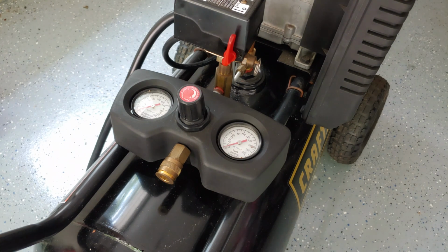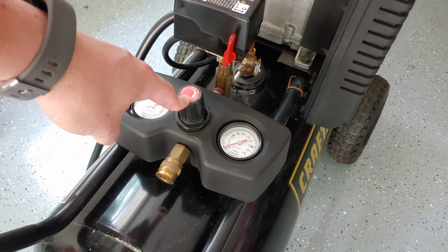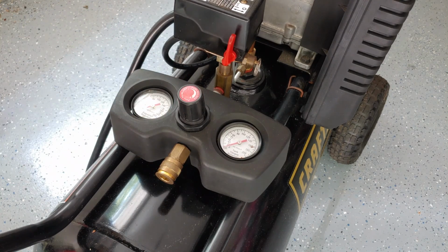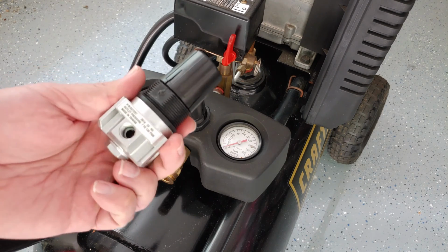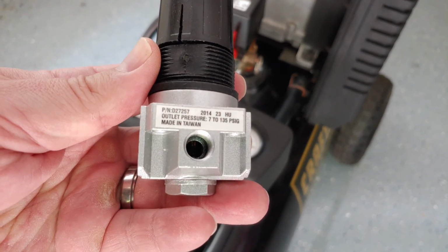Today I'm going to be replacing this regulator on my Craftsman oiled compressor. This is about a 15-year-old compressor, and this part right here is beginning to leak some air. So I've gone ahead and gotten the same replacement part, which is part number, a little difficult to see on camera there, I'll read it,